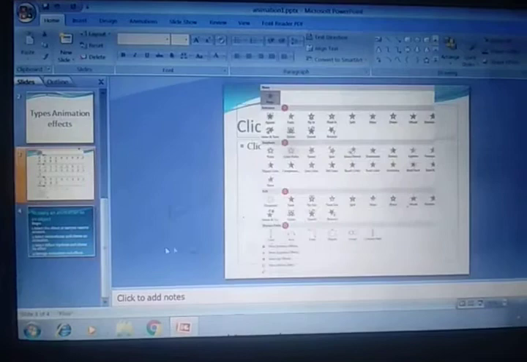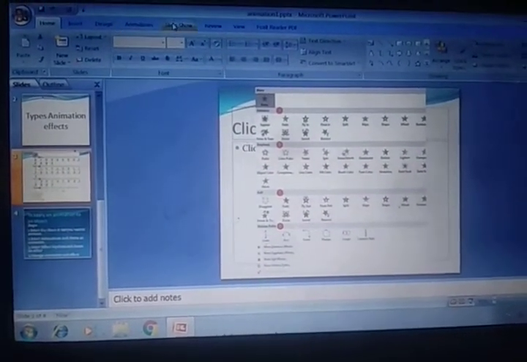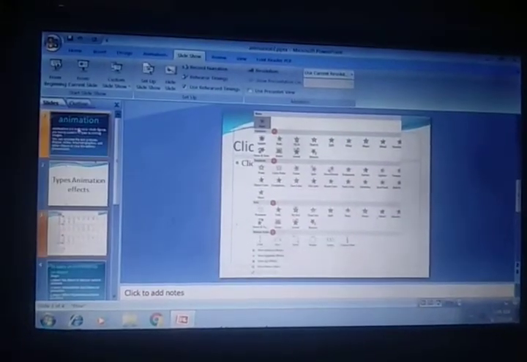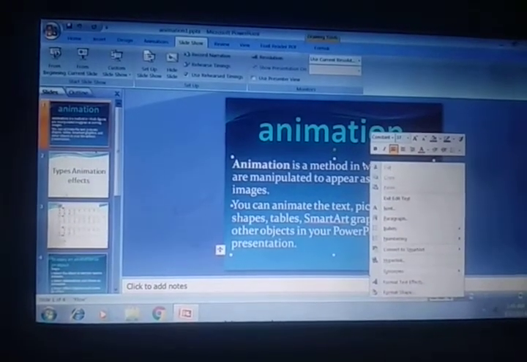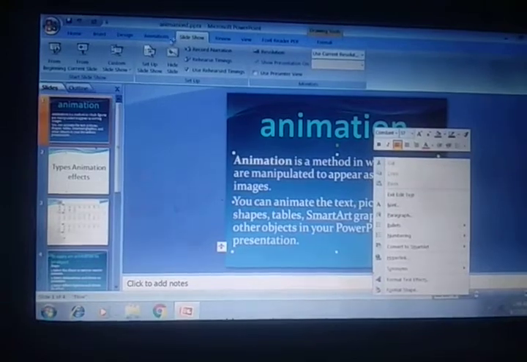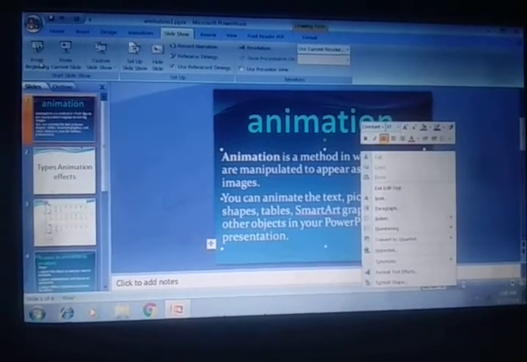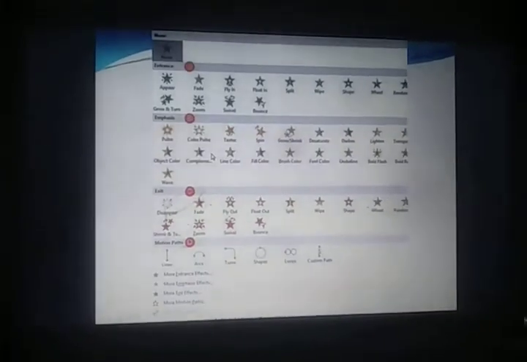So you can see it by the slide show view. I am going to start from the beginning, or you can press from beginning. See. Types of animation. These are animation effects.